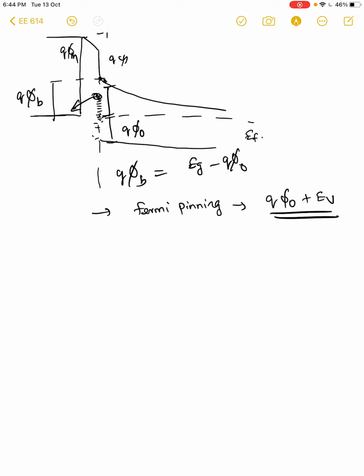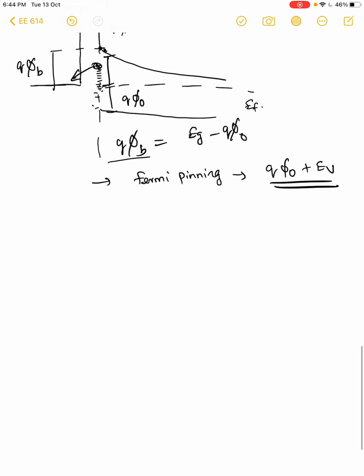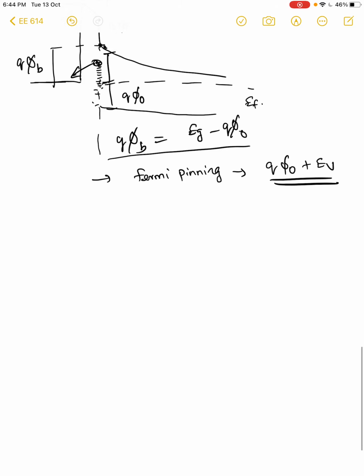If the defect density level is so large, irrespective of what the work function is, you will have the charge exchange from the metal and the defect levels only, and hence there is no change in the charge density at the interface in the semiconductor, which makes the barrier height just a function of Eg minus Q psi naught, and hence not a function of the metal work function or the bias potential that you apply, right? So Fermi pinning happens when you have very high interface defect densities, and it is pinned at the energy levels where the defect densities are neutral. You will pin the Fermi levels at the neutral defect density level.